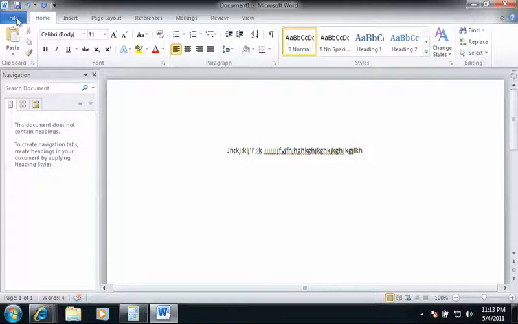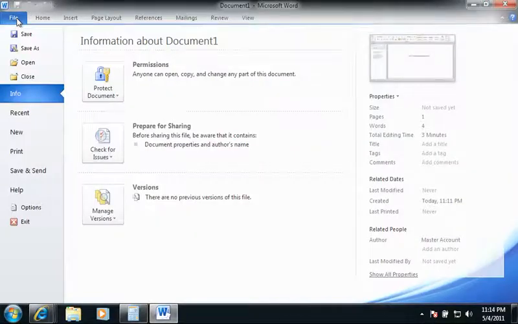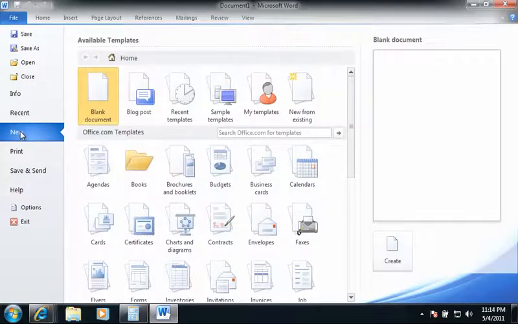Now, let's say we want to open a new template. In order to do so, we click on the Office button or the File button in the upper left corner, and then a new menu will open. We'll click New,